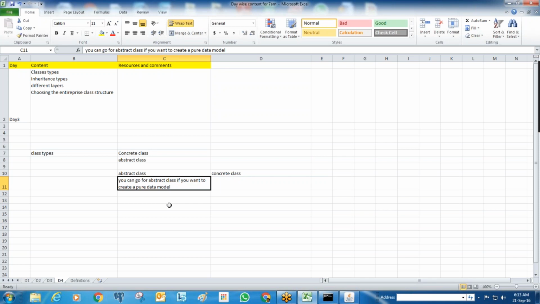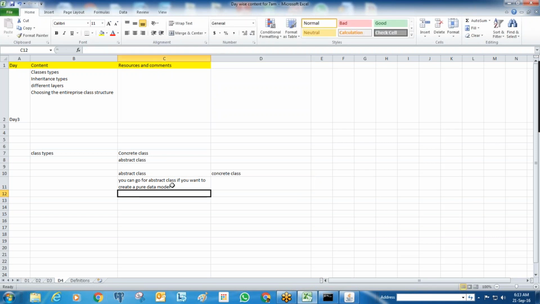A class will be there anyway, and in the class you want to create only properties or attributes. No other rules will be there. If that kind of requirement is there, you can go for abstract class, and one more requirement is that there is no part of inheritance inside that. We'll come to that point anyway.